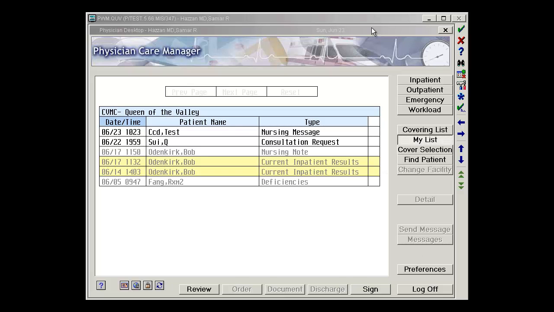The next thing we wanted to review within PWM are what are called notifications. There are multiple different types of notifications available, and we wanted to explain exactly what they are, how they behave, and where they're available. As we mentioned previously, the physician desktop, which is the screen you see right now, will contain some of